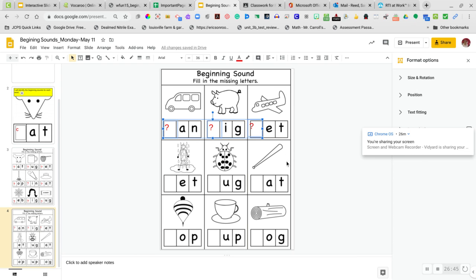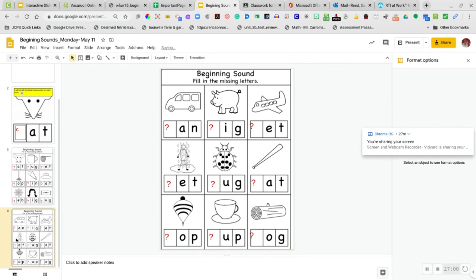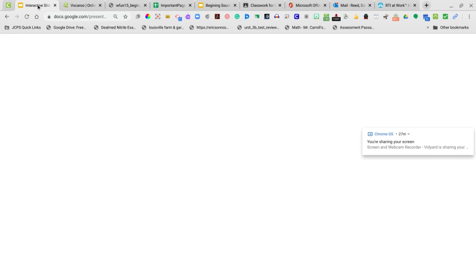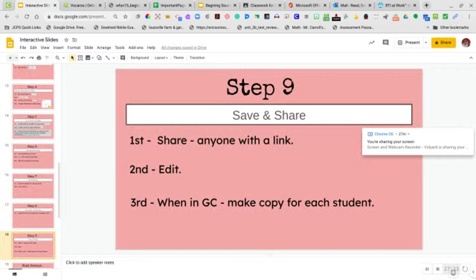I'm just going to copy those, bring it down. There. And I can go 3 or 4 deep that way. Now I'm going to go back to the presentation. So I've shared anyone with the link. Okay. So now